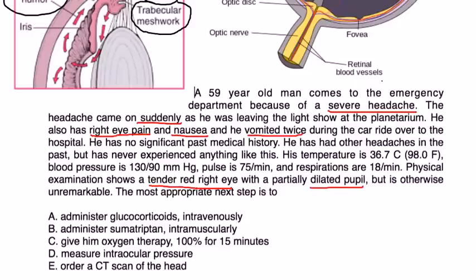Most appropriate next step is, well, if you remember all the symptomatology of glaucoma, this is an acute event. He's presenting with acute glaucoma. This is an ophthalmologic emergency. Let's go through these here. Administer glucocorticoids intravenously. Well, nothing in our presentation talked about steroids, so probably not that. Administer sumatriptan. Sumatriptan is given for headache, so that seems like a good idea, but this headache is not just a headache. It's sort of a manifestation of his vision problem, so that's probably not the best